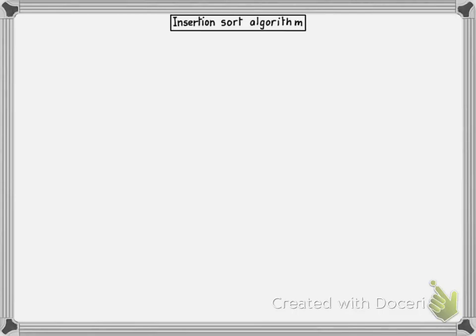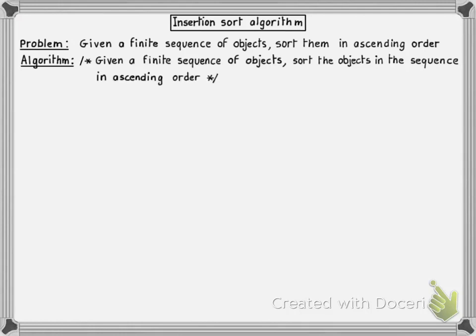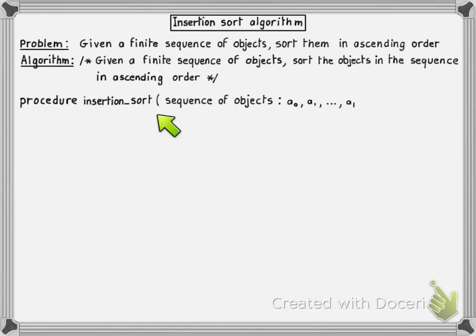Welcome back to this lecture on algorithms. In this fifth segment, we will study the insertion sort algorithm that solves the same problem that the bubble sort algorithm is solving. In particular, these two algorithms have the same inputs and outputs. So their header line, the first line in their pseudocode descriptions, are the same, except for the name of the